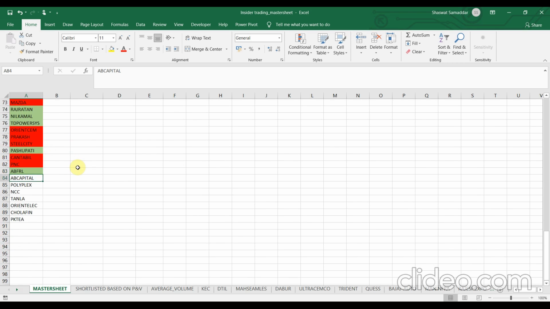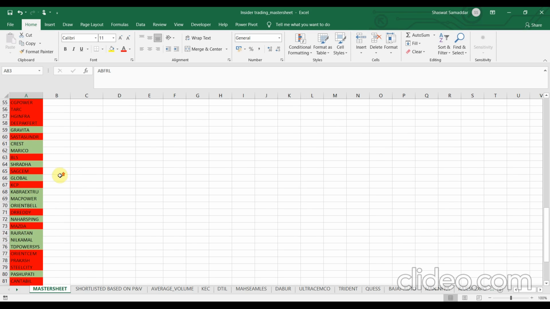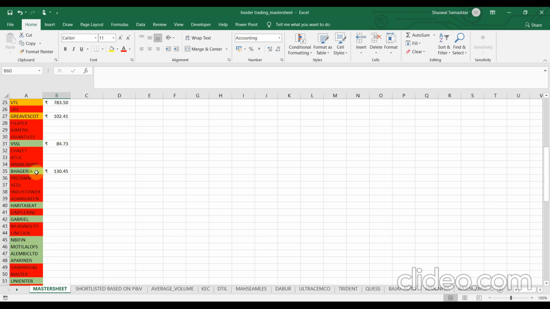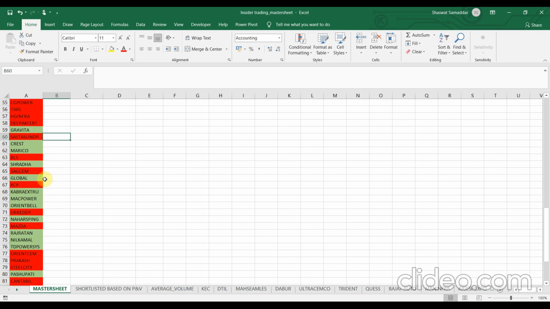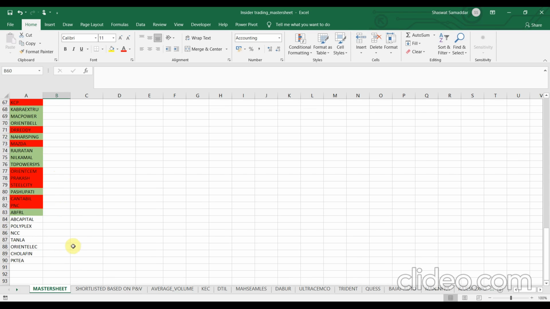Okay, so let's move. Again, let me just give you a quick note. Just because the stock is marked green, it does not mean that I will be buying this particular stock. I have to do some further analysis, which I will tell once I am finished with color coding the stocks. Now, for yesterday's video, I also told that I color coded the stocks and did not mention the price. As you can see, some of the stocks have prices in front of them. So I will explain it to you in another video how to do that. Or if you want to know how to do it, I have already told you in the previous videos of this current playlist. Okay, so let's go back to the AB Capital.